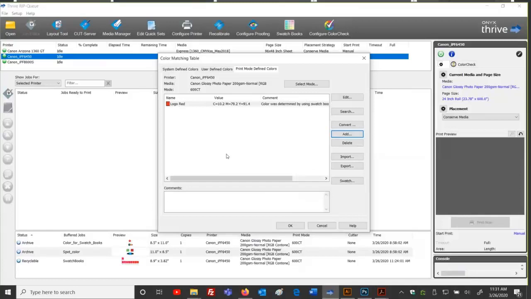Now there's a priority to this. Print mode define colors has the highest priority. When I bring that file back into my RIP, and I'm using this printer, this media, this mode, it contains a spot color in Illustrator.